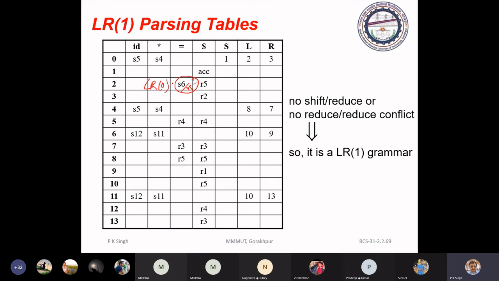But here you will not get that conflict, because here we have distinct symbols. Only if we have that symbol pointed by the input pointer can we go for the reduce action. Otherwise, if we have equal symbol, then we have to perform shift and the next state is 6. Shift 6.